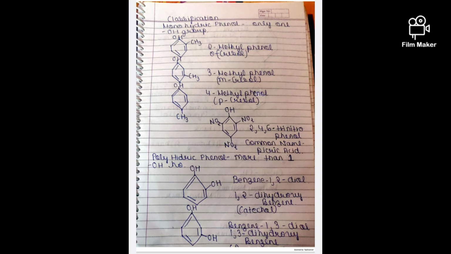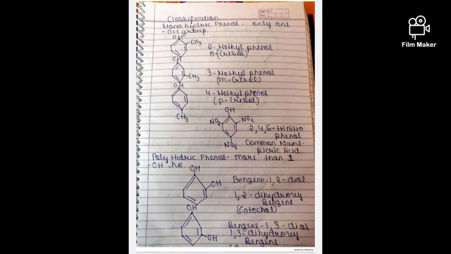Then let's take an example of trihydric phenol, in which we have picric acid, and its IUPAC name is 2,4,6-trinitrophenol. If we go with the preparation, we can prepare this with nitration. If we do nitration, then we can get picric acid. And how do we do nitration? In the presence of concentrated H2SO4 and concentrated HNO3. When we do nitration of phenol, we get ortho-para products, and this is how we get 2,4,6-trinitrophenol, whose common name is picric acid.